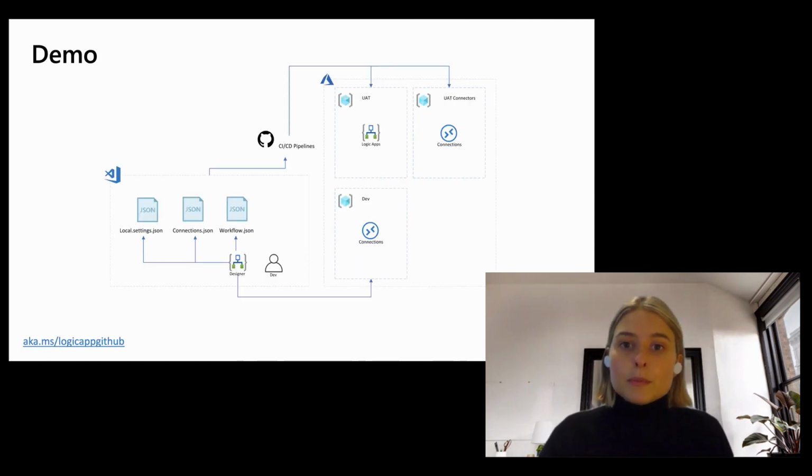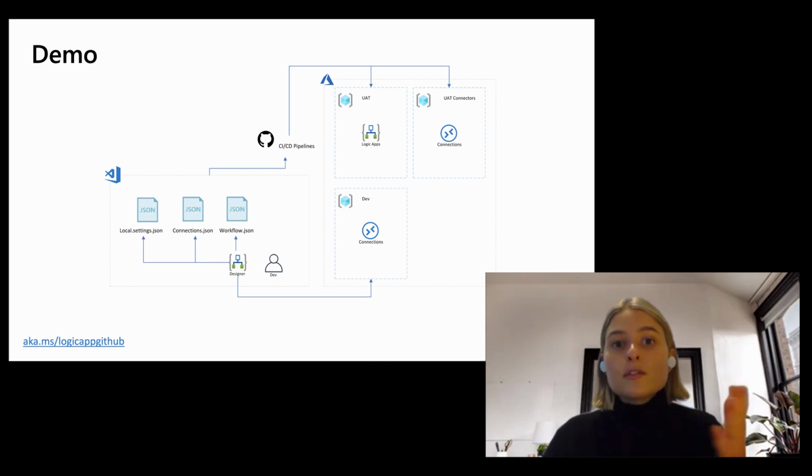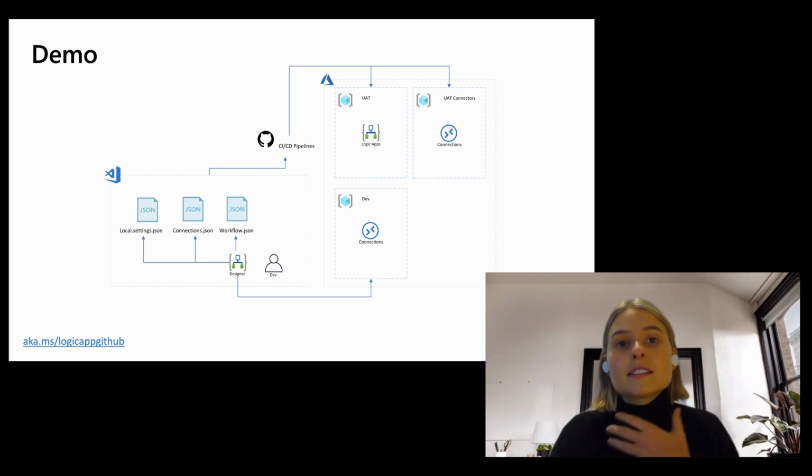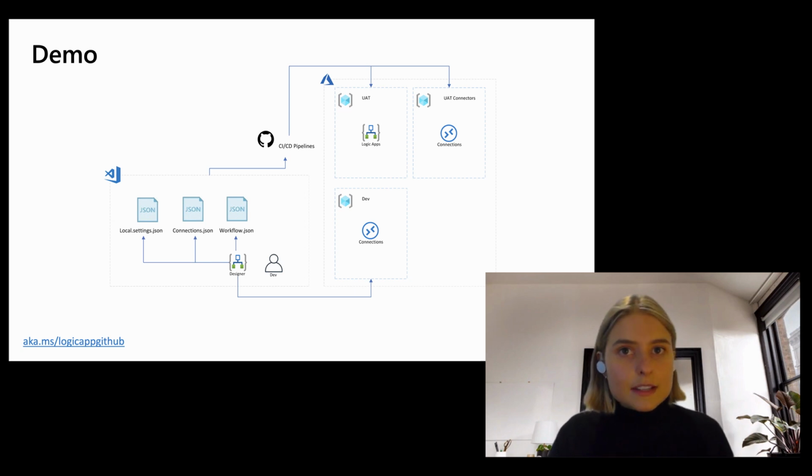So this is what we're going to be building out today. It's an end-to-end DevOps pipeline, taking you from local dev and test to a mock UAT/production environment. Of course, you might have a lot more environments to deploy to. This is just a basic baseline implementation. It's designed to be taken apart, designed for modularity, and designed to be extended to fit your use cases and